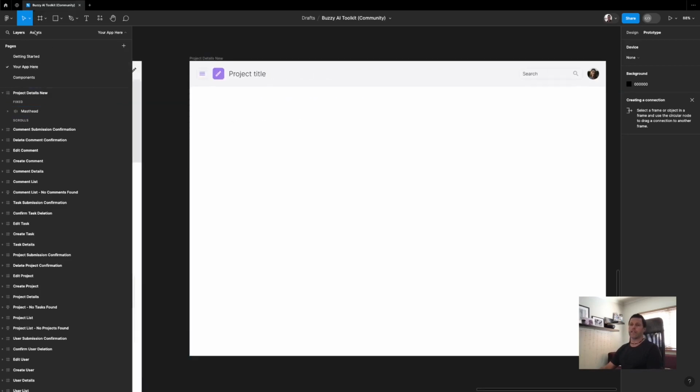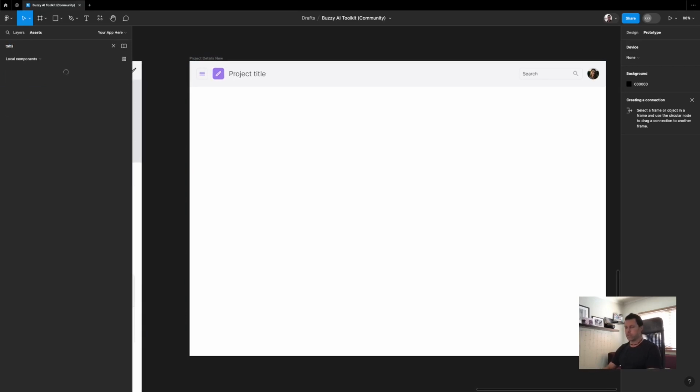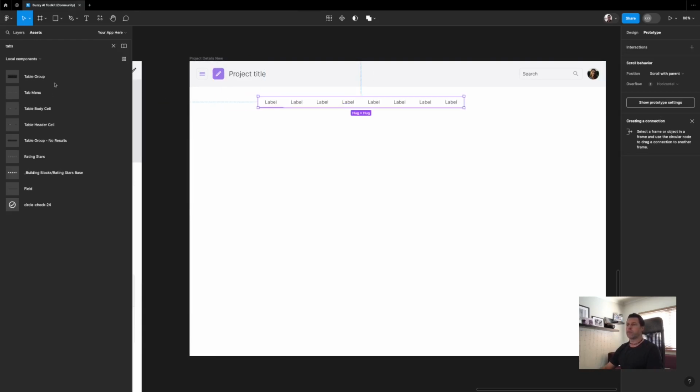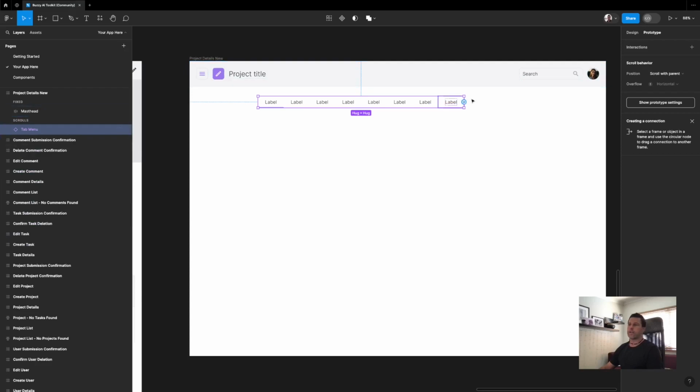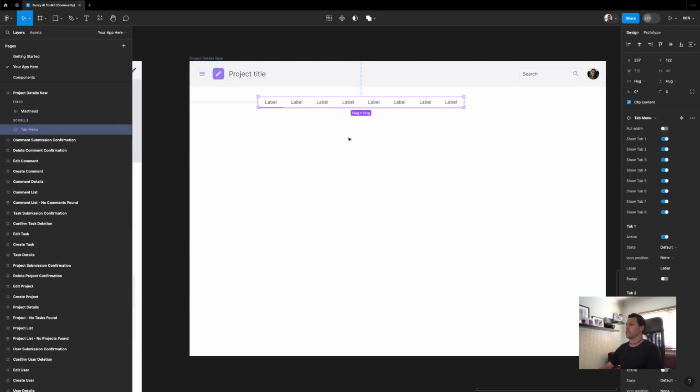So let's add tabs. So if we go look for tabs, we have a tabbed interface here. It's a tab menu. And we'll drag this onto our body as well. Go back to our layers. See, that's been placed in the scrolls area. Let's go and set some parameters here. So there's our tab menu. We probably don't want to show all the tabs, so we can turn some of those off. And let's set it to, actually we'll go full width, which will mean that it scales these to be wider. They'll take up more space, and we want this to,